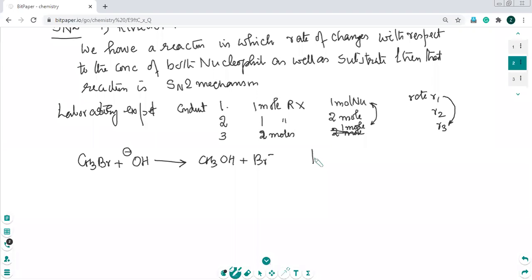So how will you write the rate equation? Rate is equal to a rate constant times the concentration of CH3Br,